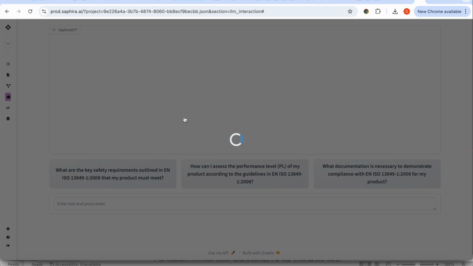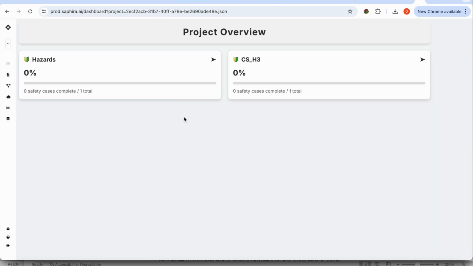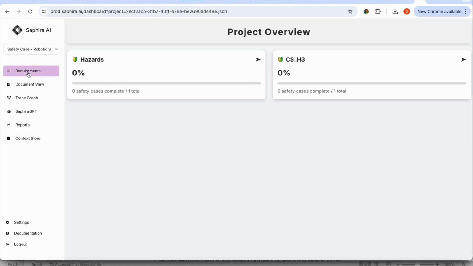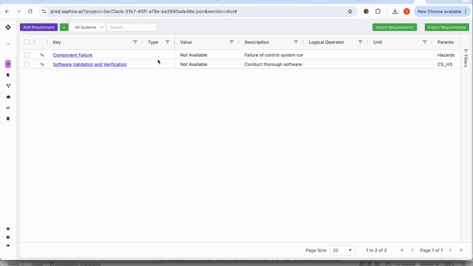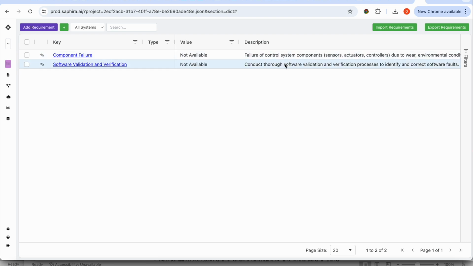we move forward. This will take a second here to load, but upon this new project being created, we'll see some of the outputs that we got out of the box. These are meant to be boilerplate placeholders that are updated and refined as the system is developed, and we'll see here shortly what this looks like. In the meantime, I'll talk about the next step of this while this is being developed, which is there are now two safety cases that have been built out here, which is fairly generic, but that's component failure and software